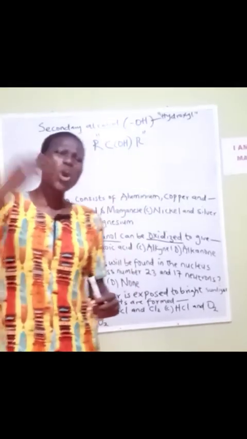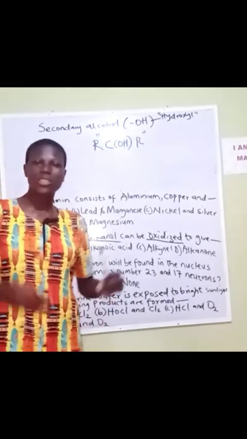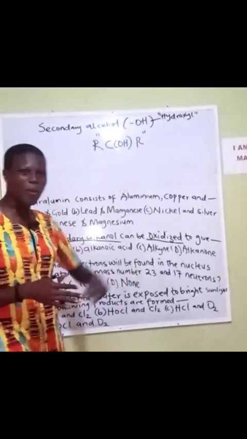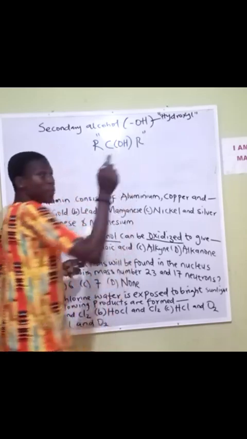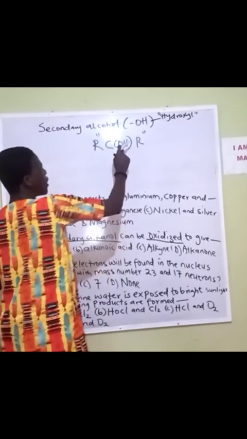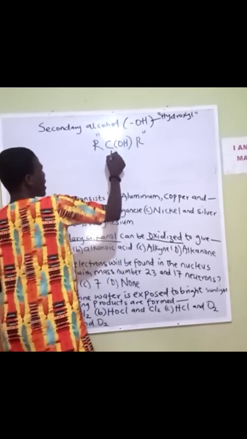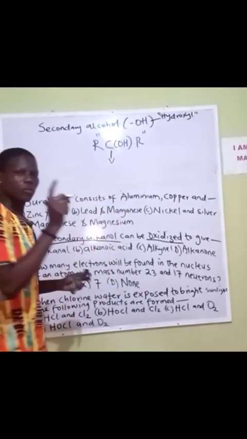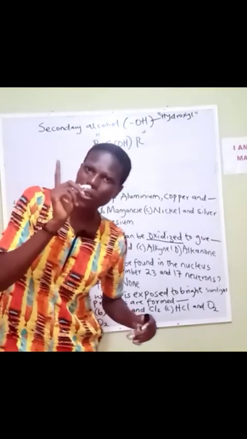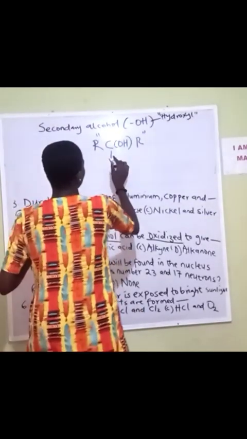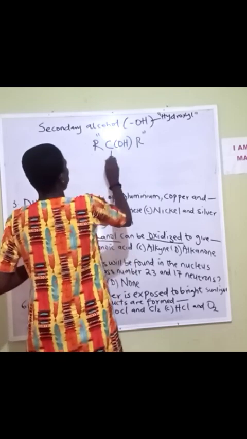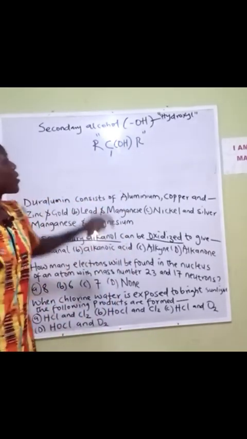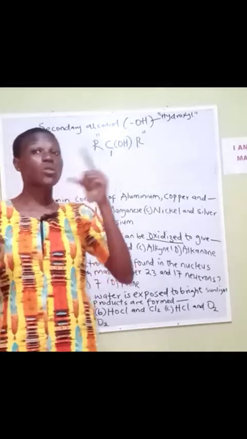Oxygen is added to it. Now, when it becomes oxidized, it forms what we call the ketones. When it forms the ketone, this carbon, having its hydrogen atom, will lose one hydrogen atom. For this secondary alcohol to be oxidized to form a ketone, otherwise called the alkanones,